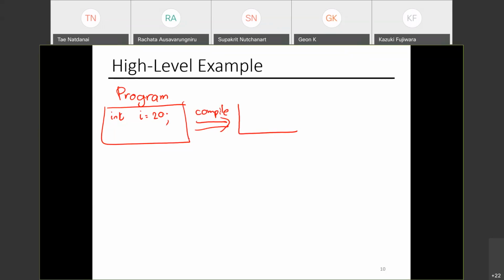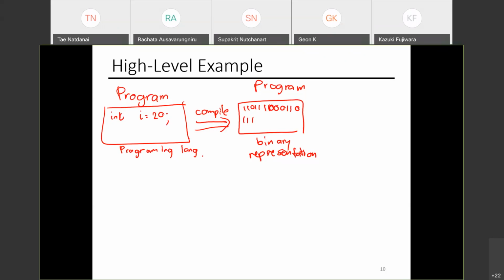This program is still a program, but this is programming language. This is a binary representation of this same program, so it will be just a bunch of 1s and 0s.